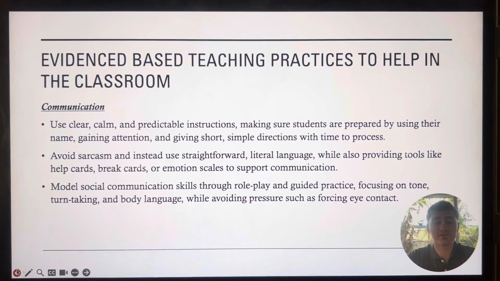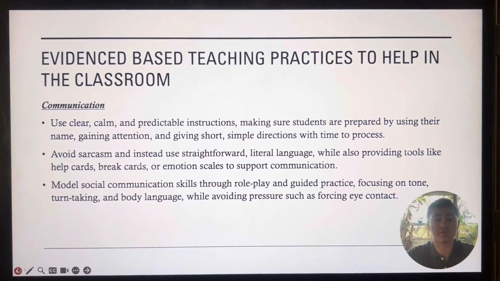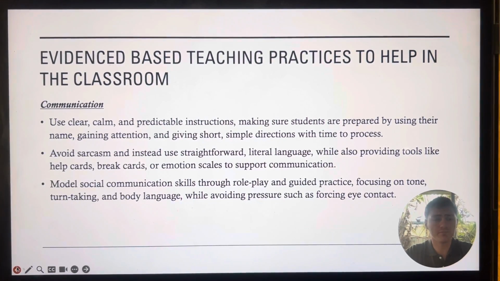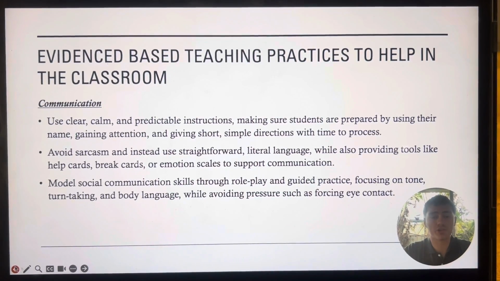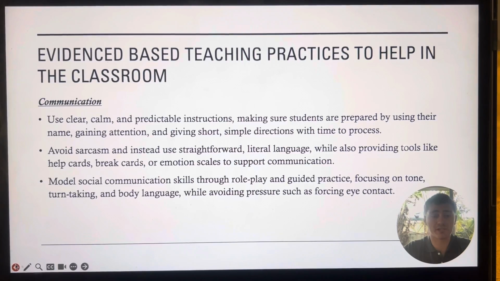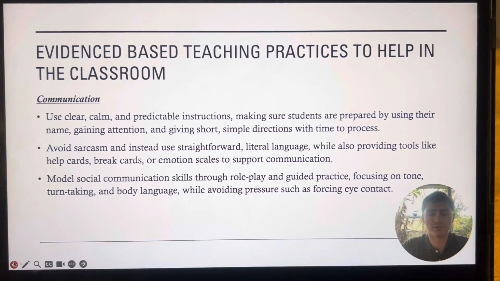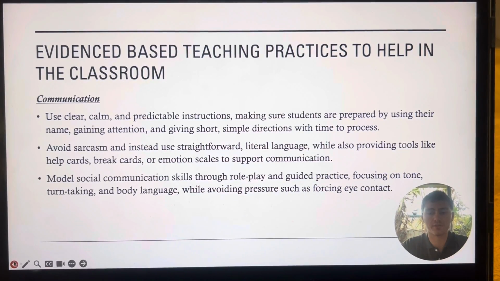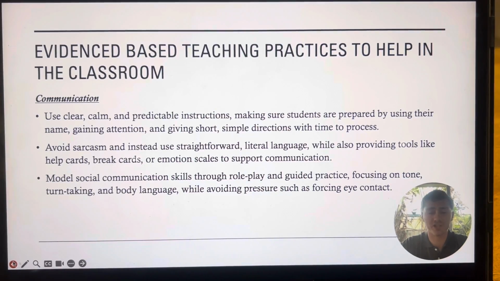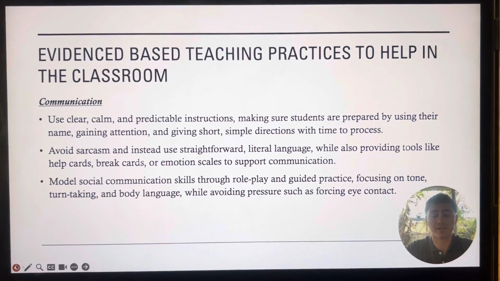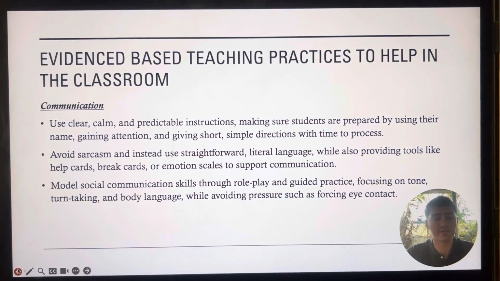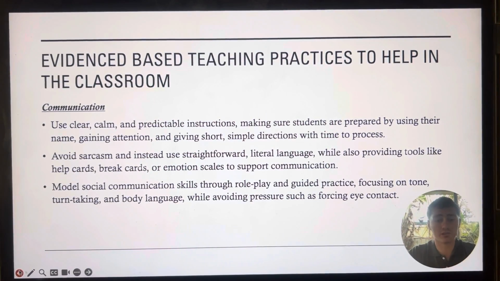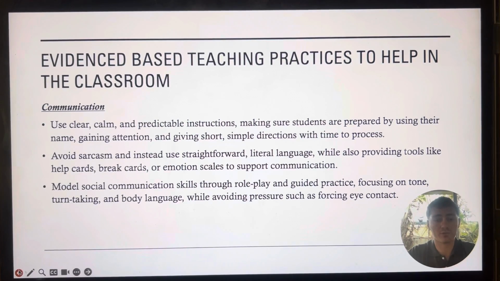Evidence-based teaching practices to help you in the classroom. Starting with communication, which is a big one. In the classroom, you want to use calm, clear and predictable language, making sure the students are prepared before you start speaking to them and giving them instructions, and give them time to process these instructions. There's no point in unloading a lot of information on them because that's just going to cause them anxiety and lead to disruptive behaviours. So don't use any sarcasm, use straightforward, literal language